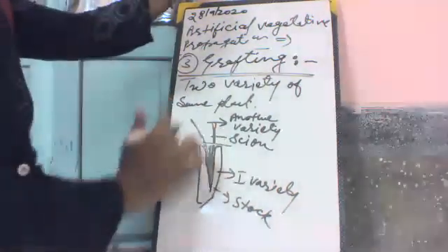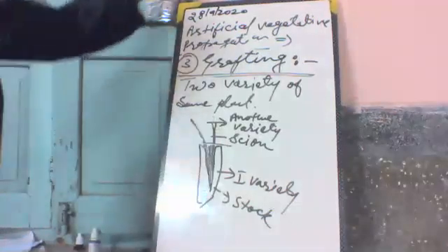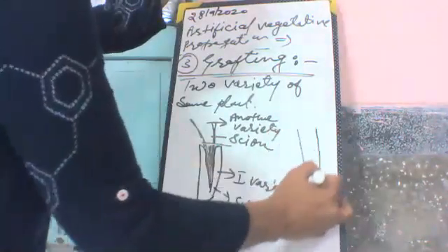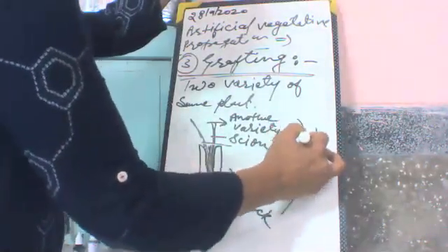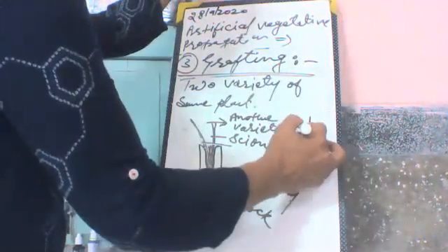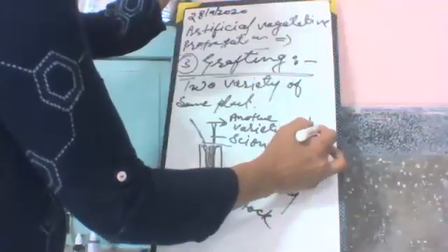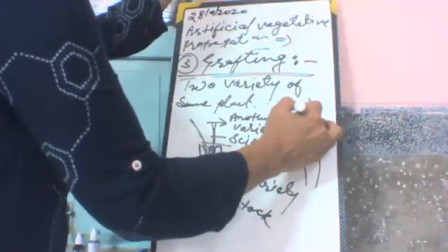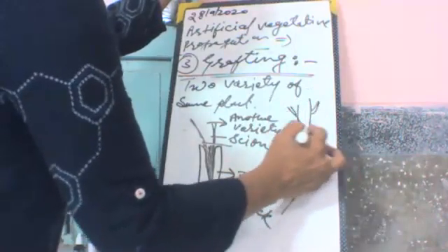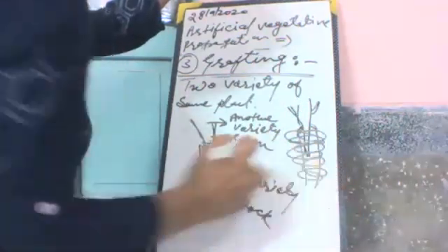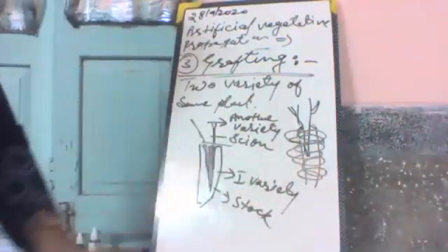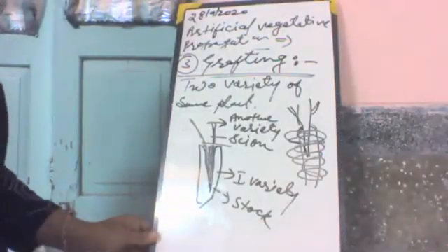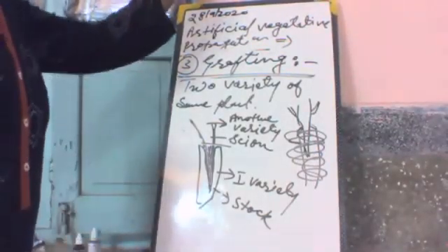After fixing the stalk and scion, it is bound together. Wrapped with a tape and put a wax to prevent dehydration, and it is protected from the